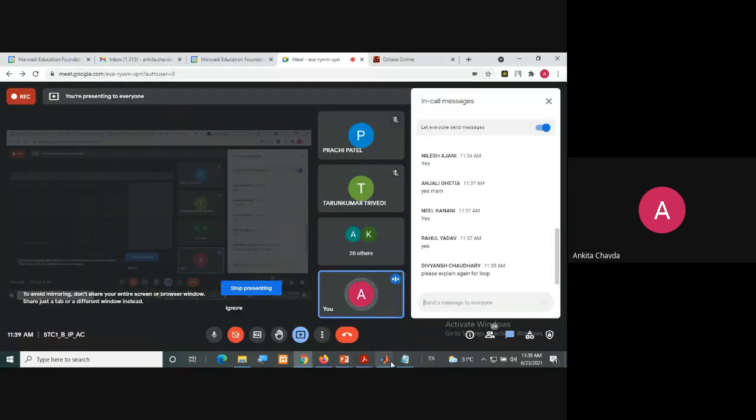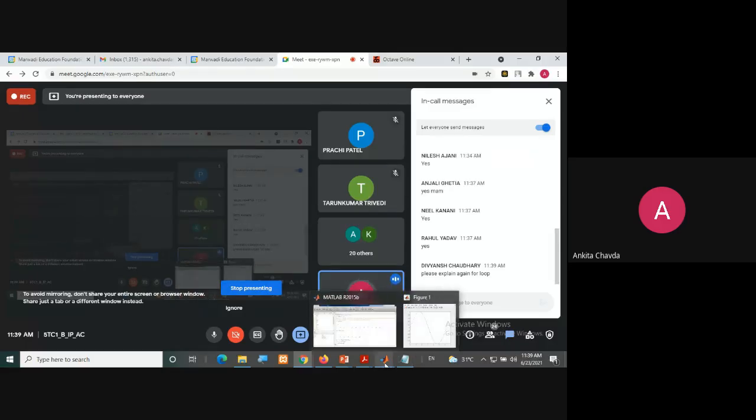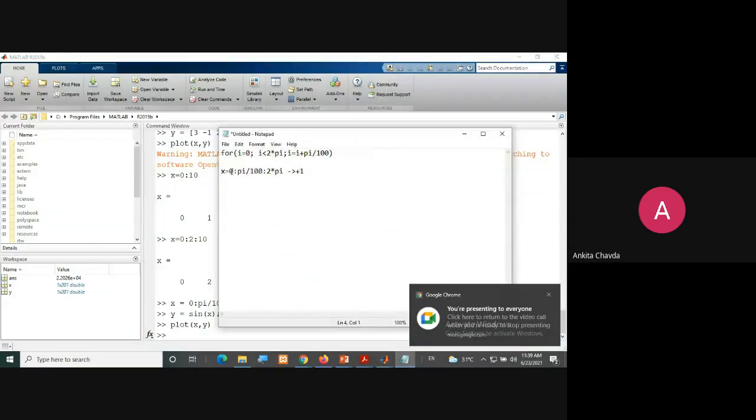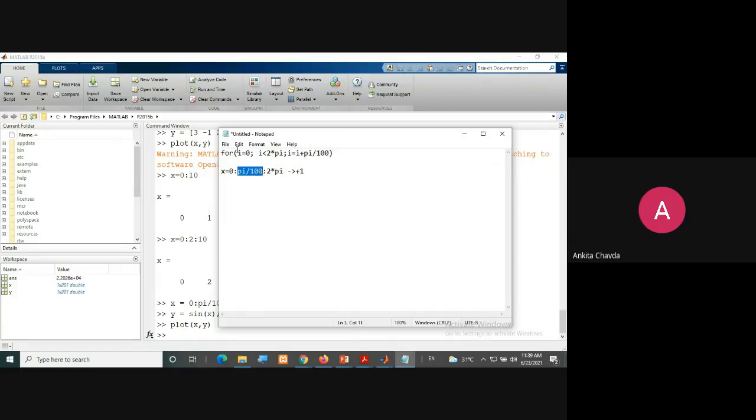If you have not yet done it, please finish it. Please explain again the for loop. Divyansh, I already cleared it very well. You have no tension because I have given you so many examples. This is your starting, this is your ending, and here is your increment. This is your for loop starting, this is your ending till where the loop runs, and this is your increment. What you don't understand, I'll explain.